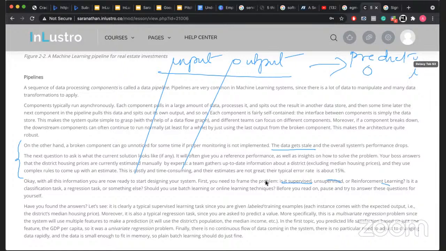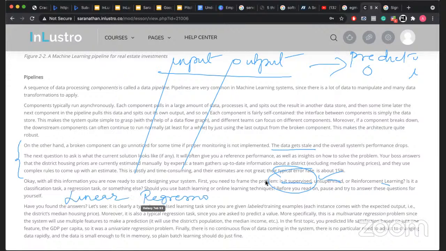So it's like pattern recognition, right? You keep on seeing a lot of inputs and their corresponding outputs. And finally, you're given a new input, you predict the right output. So this reminds you of supervised learning. So you can say that the price prediction for real estate in this particular example is supervised learning. You can even go one bit further to say it is linear regression,